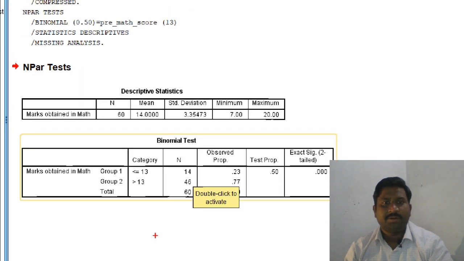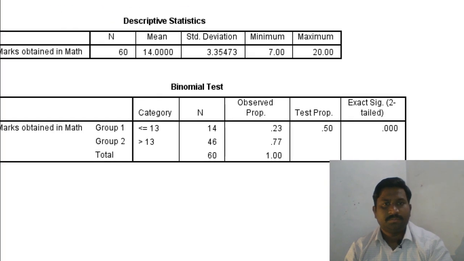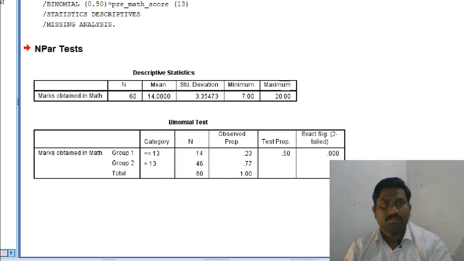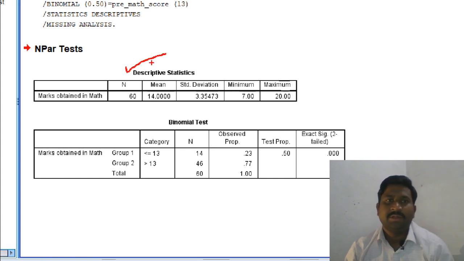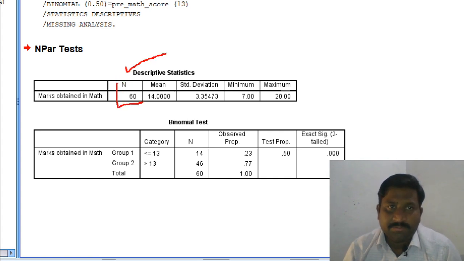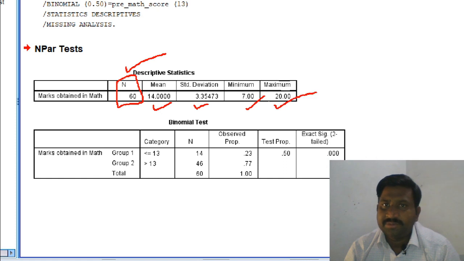So you will find the output in this way. If you have selected descriptive statistics, it will come. We have a sample size of 60, mean is 14, standard deviation 3.3, minimum is 7, maximum is 20.